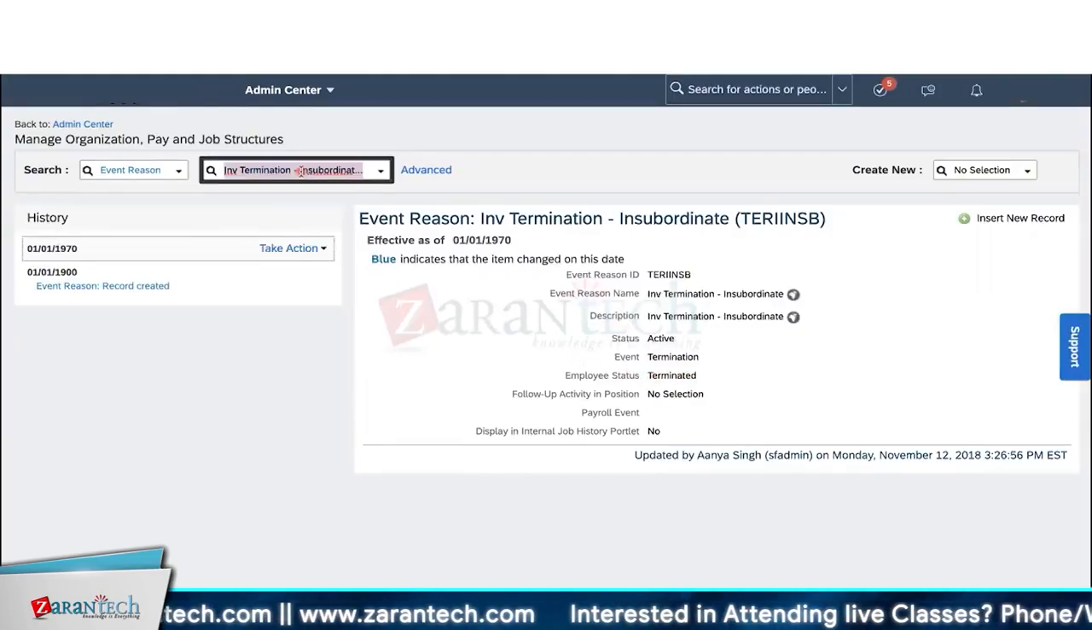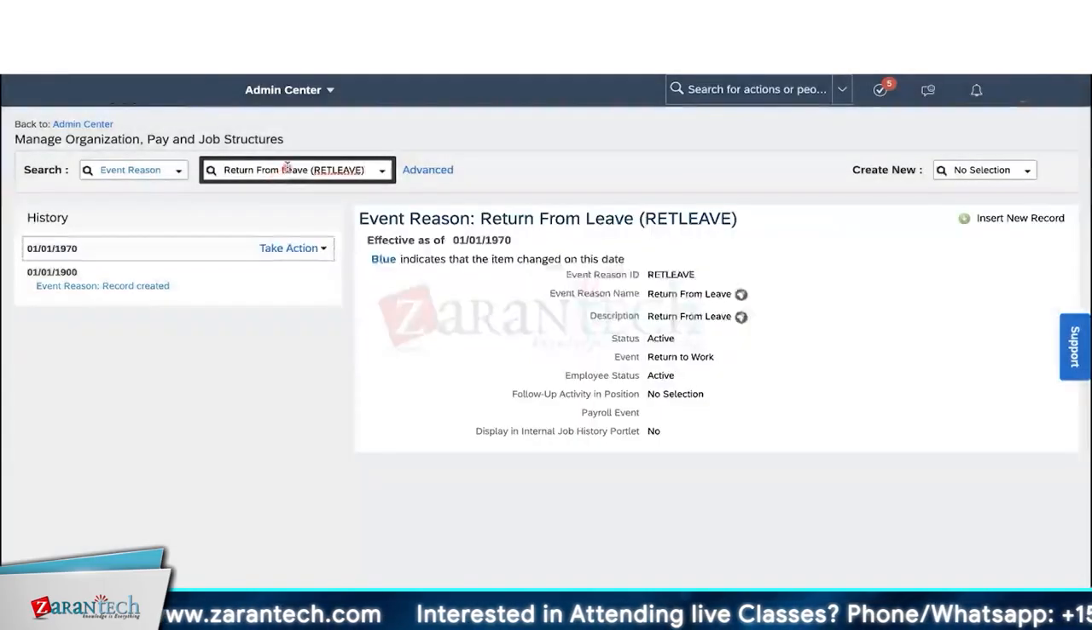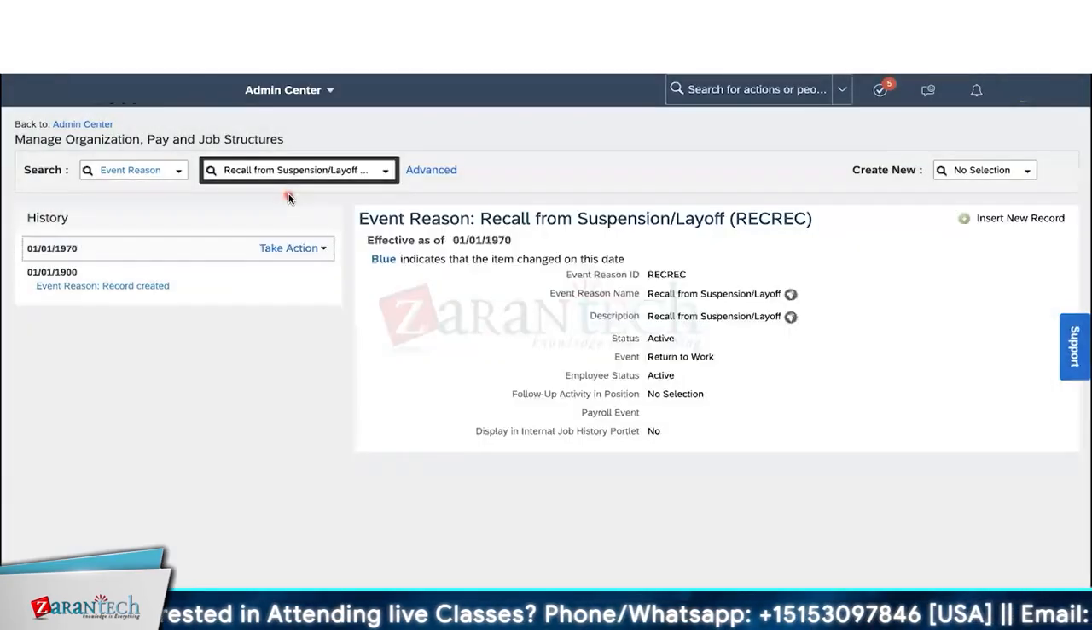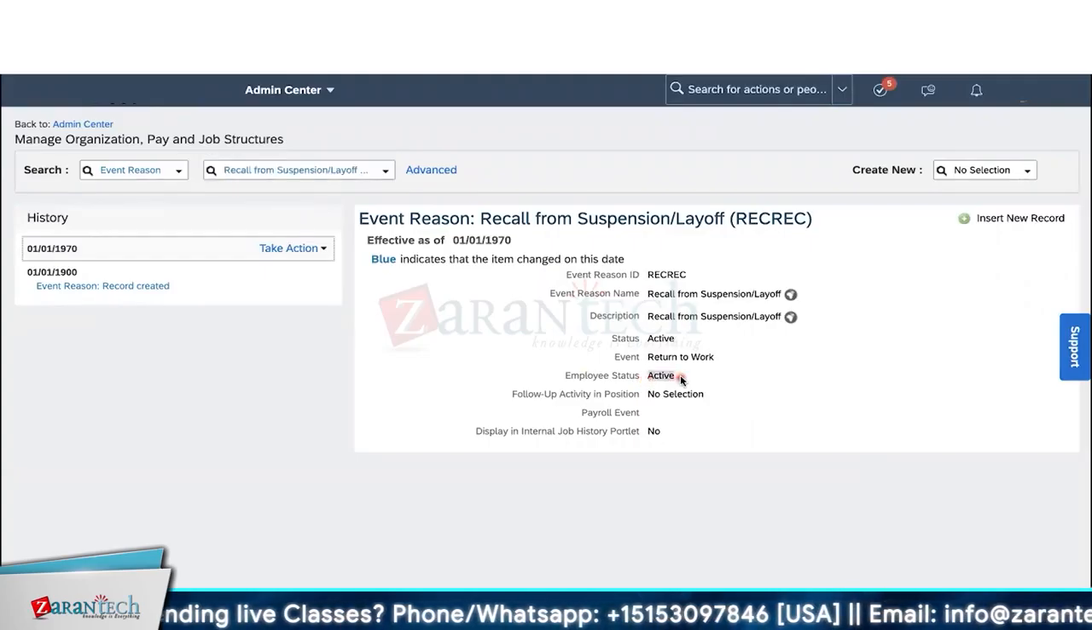And if you are suspended and the employee is returning to work, return from leave or suspension related itself, you have something called a recall from suspension, I guess. Yeah, recall from suspension, for example. So when the employee is coming back from suspension, again we keep the status back to active. So when we have suspended, we have kept it as suspended. Now when we are calling him back, we'll keep the status back to active, like